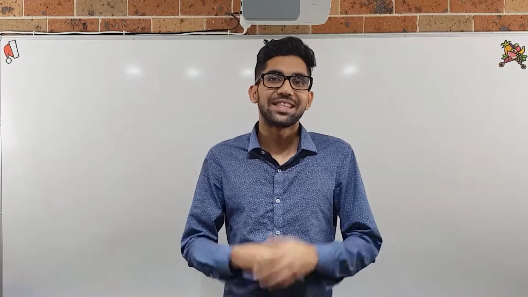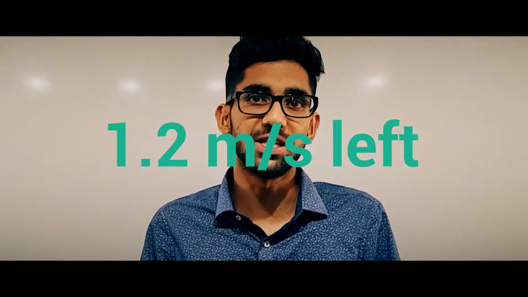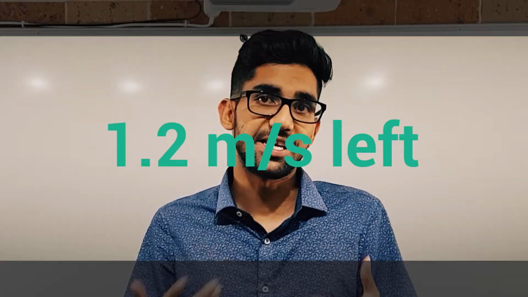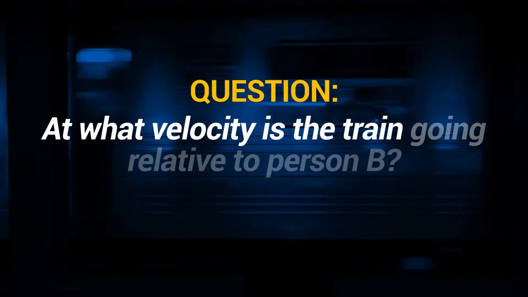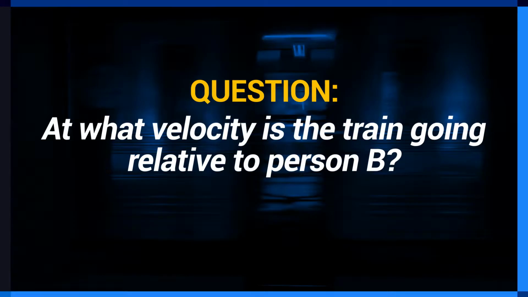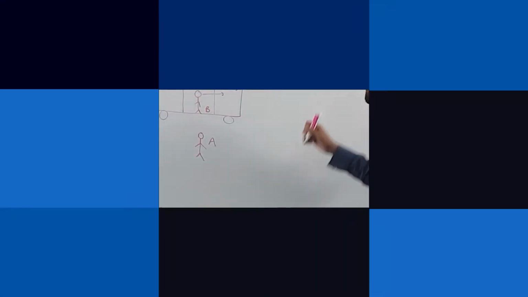So if your answer was 13.8 meters per second, then you're wrong. If you got 13.8 meters per second to the right, you're still wrong. The answer is actually 1.2 meters per second to the left, and here's why. We've redrawn the diagram here, and remember what we're trying to find is the velocity of the train relative to person B. So in our notation, this is